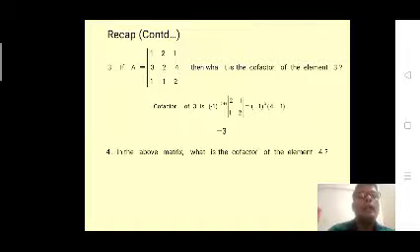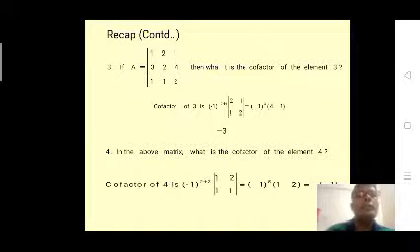In the above matrix, what is the cofactor of the element 4? We observe here, where is the 4? The 4 is available in the second row and third column. So the cofactor of 4 is minus 1 to the power of 2 plus 3. The remaining elements 1 2 1 1, we have to take minus 1 to the power of 5, into (1 minus 2), we get minus 1. Minus of minus 1 we get 1.